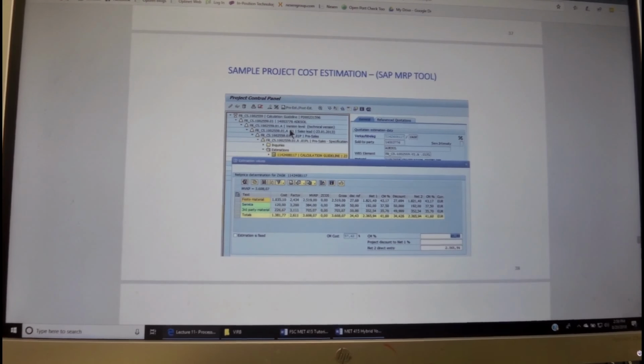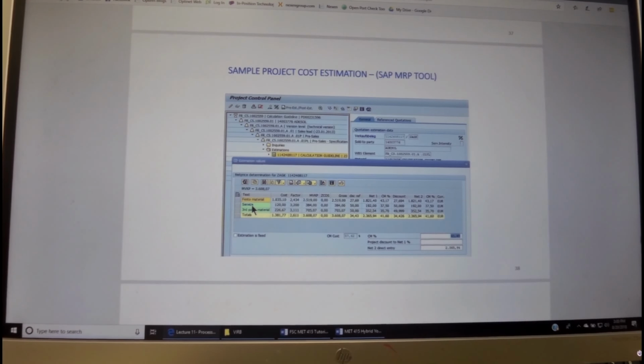Here's an example of SAP Corporation's Material Resource Planning tool to come up with the cost estimation of the project. Once we have the bill of material over here and all the design is completed, we can go to the cost estimation, and this is taken from the Festo example project.